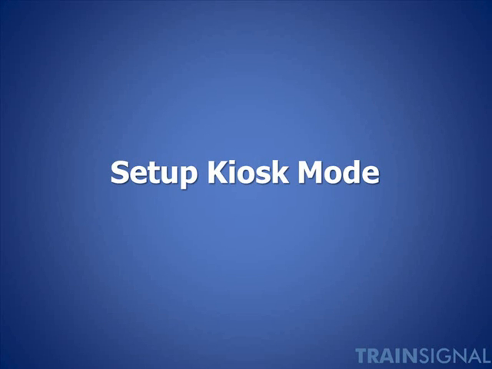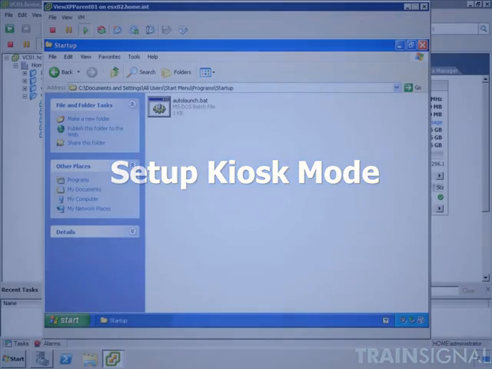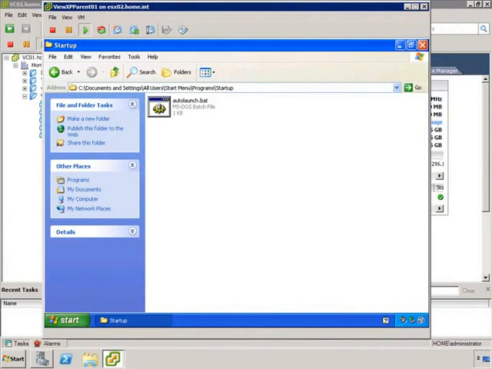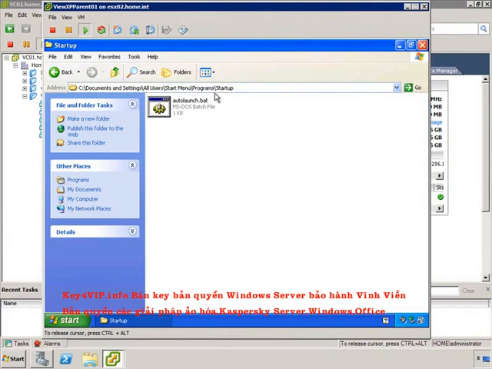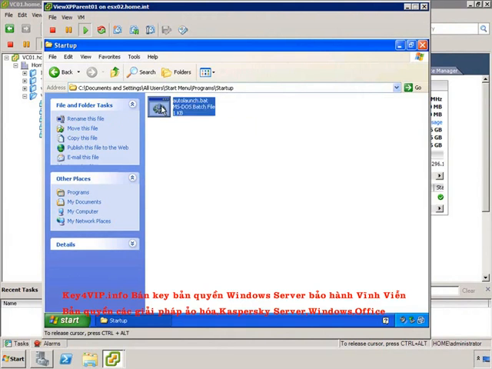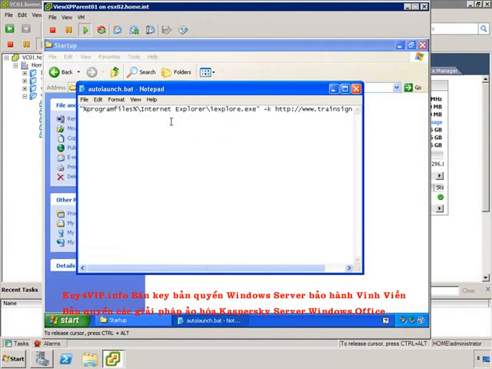Okay, so let's go ahead and get into a demonstration of how kiosk mode is configured and connected to by the end users. We're going to start by looking at our parent VM and the changes we made in order to enable this. Here you can see in our all users startup directory, I've created a batch file. Let's take a look at this batch file,